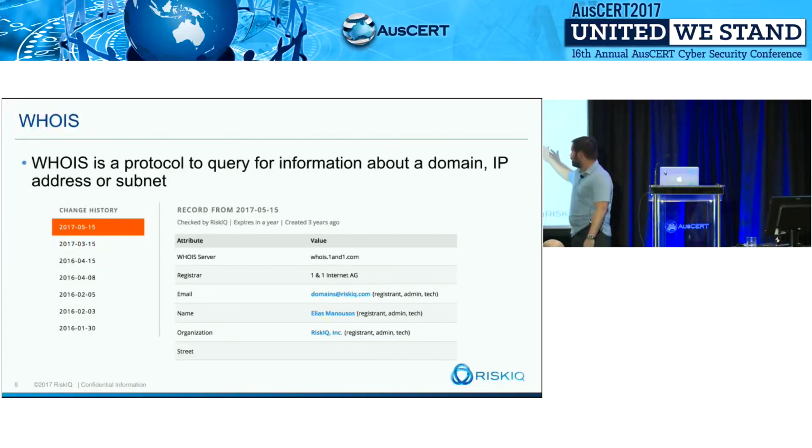On the screen, you see passivetotal.org, which is the platform that I run for RiskIQ. You also see that it's registered using domains at riskiq.net, and our CEO is named there. We can use each of those pivot points to understand all the domains that Lou's ever registered, or all the domains that RiskIQ owns. And so it provides us context to who's registered the domain and maybe additional domains that may be associated.